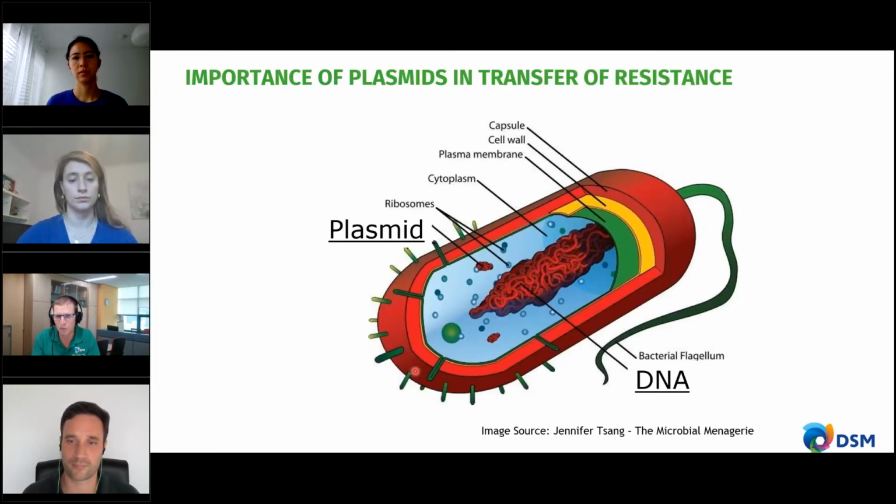Importance in terms of resistance, and when we look at what goes on inside a bacteria, we have the DNA, but more importantly, there's fragments of DNA, and again, this is a very simplistic overview, but fragments of the DNA encapsulated in this plasmid. And this plasmid can be excreted by this bacteria and picked up by another bacteria of the same family or any other bacteria from different families. And this is the concept that we really have to understand in terms of antimicrobial resistance.